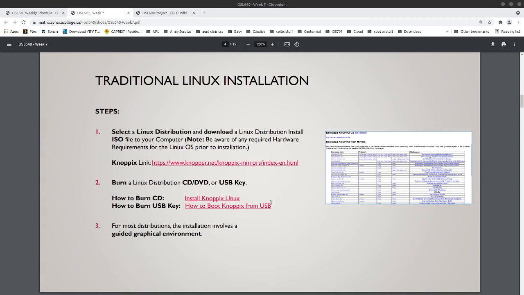So to install a Linux distribution, just like a traditional way you would install it on a computer. First, you have to go and select your Linux distribution that you want to download. The example in the slides is Knoppix. I use Linux Mint at home, as you know. So you could go to